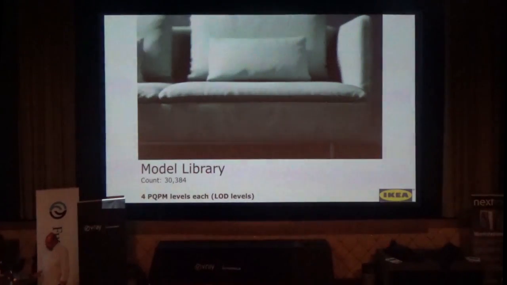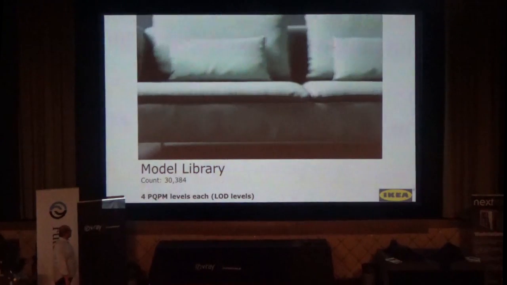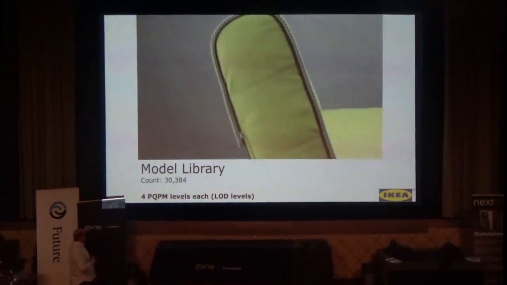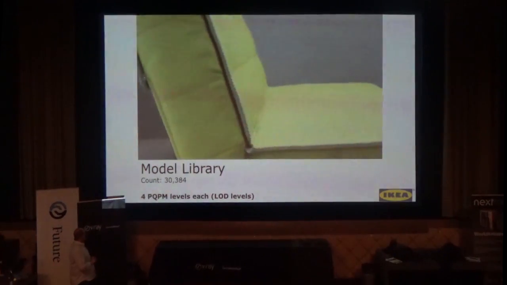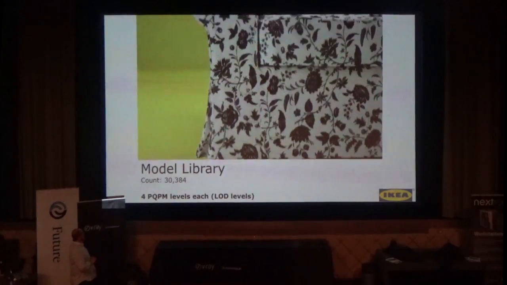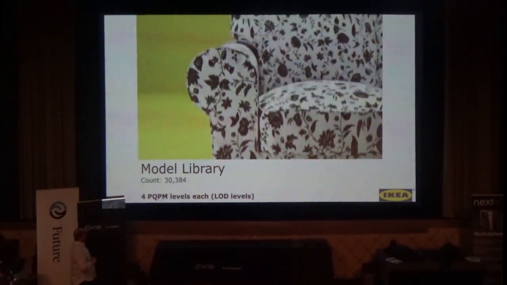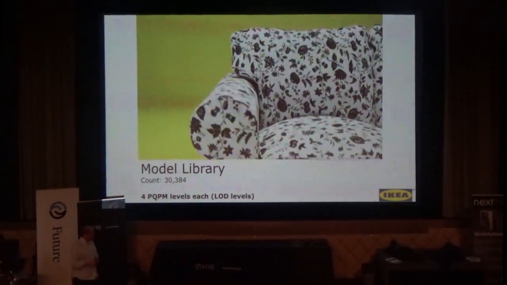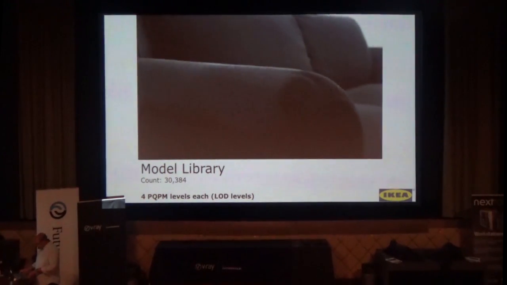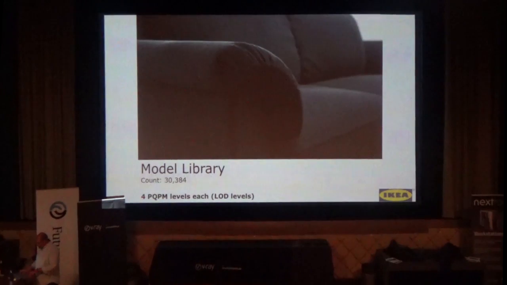So here is just an example of how detailed we can go. Nowadays our model library counts up to 30,000 models. Here you can see, at the end of creating the production, you really see every single detail. And that is how we like to visualize our final products. Next step, obviously, is